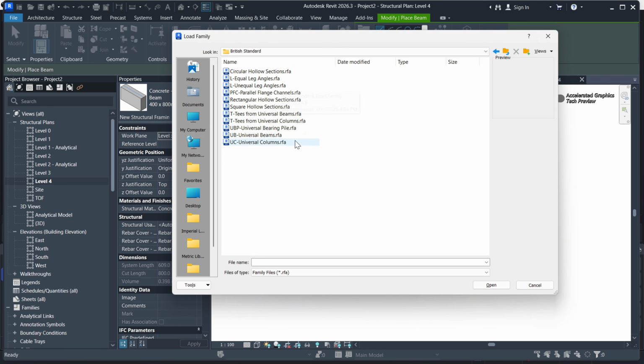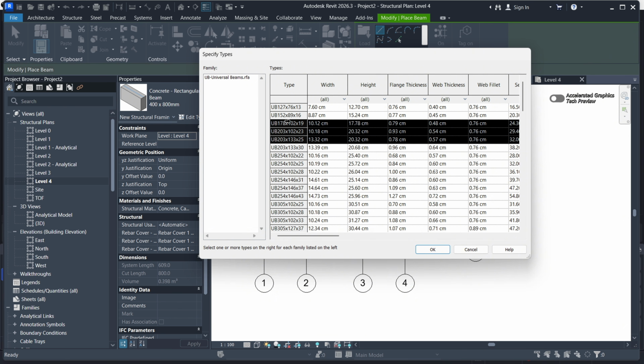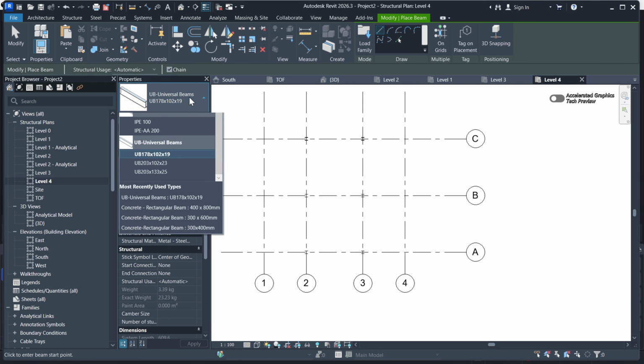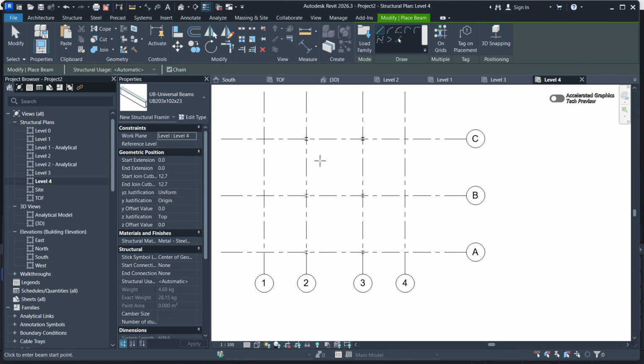Maybe I go to British Standard and I'll go to universal beam and open it. Now I want to find something like 203. Maybe I'll pick this one. You can even add multiple by just holding maybe shift or control. You can add multiple and click on open. Right, now you can load it from here. You see that you're going to see what you want. I'll pick this one and you can now